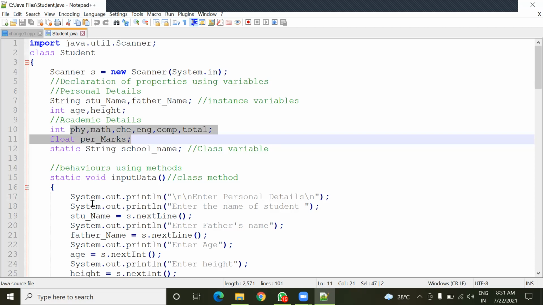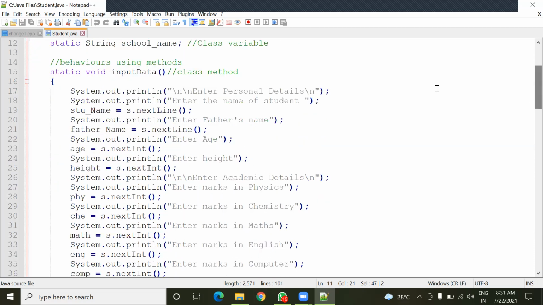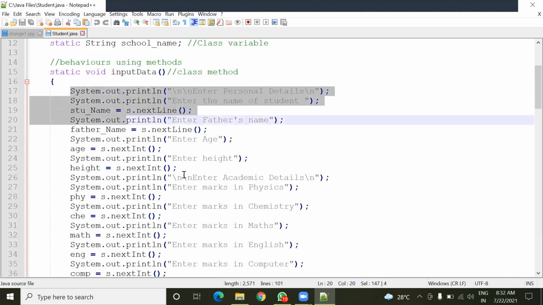Now come to the behavior. In behavior, we actually use methods. There is one method that is input data. This method is here to take input in all these properties.